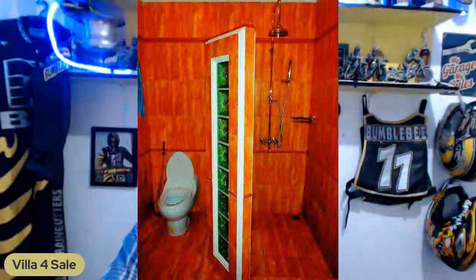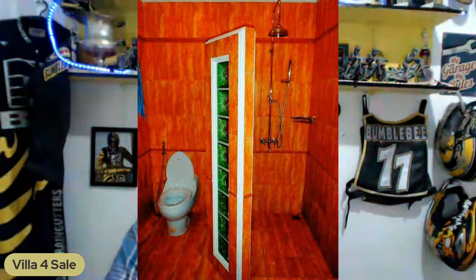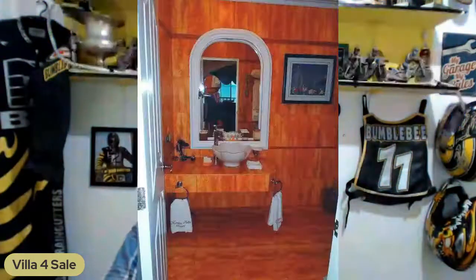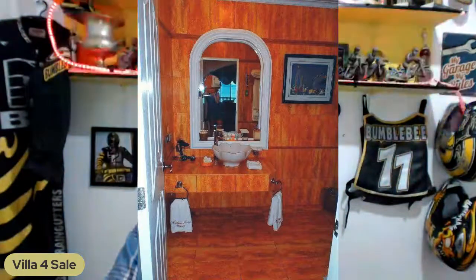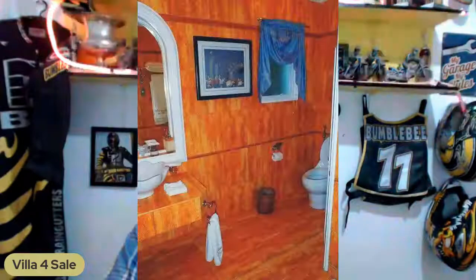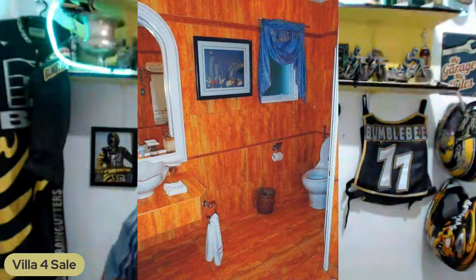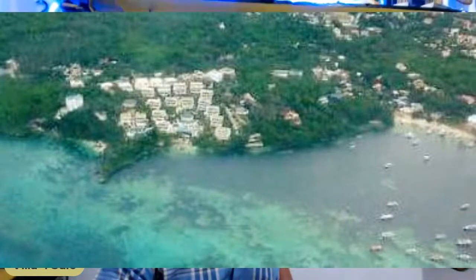The bathroom has a single shower. There's actually no tub in that villa. There's a shower and a toilet, and then there's a single sink area inside that bathroom. It's not that big, but it's big enough, I guess. Not big enough for a big family, but it's big enough for a few people. So it's nice, and it's really clean. There's tiles everywhere, and it's right on the ocean. It's really nice. You can see the ocean right there. You can see the villas right there facing the ocean. So you're